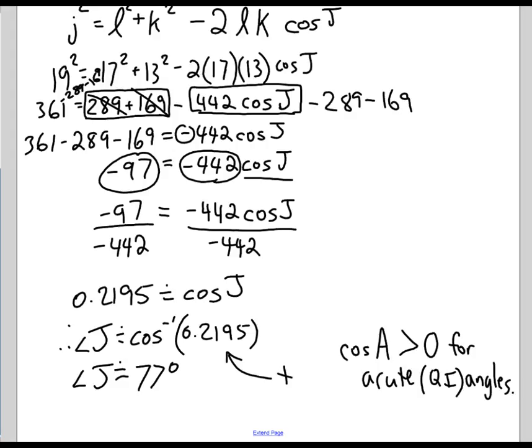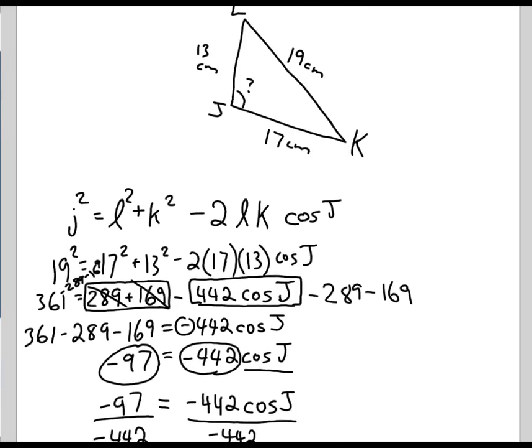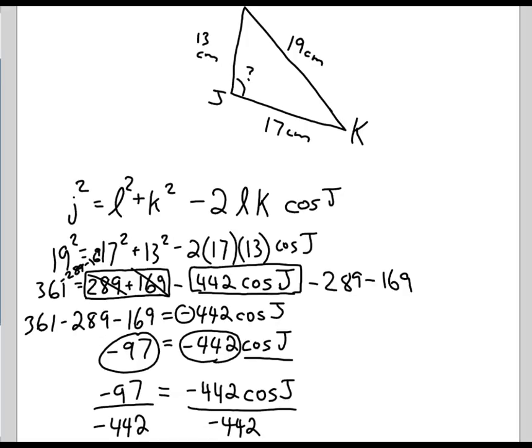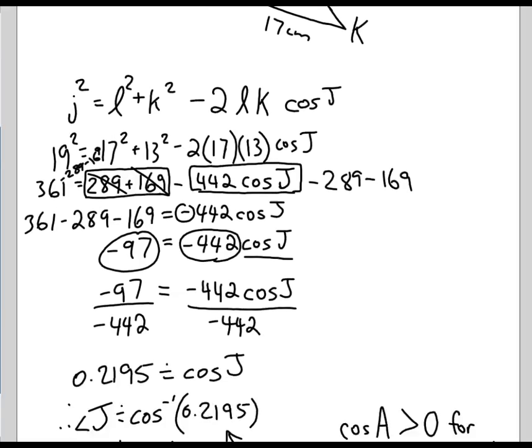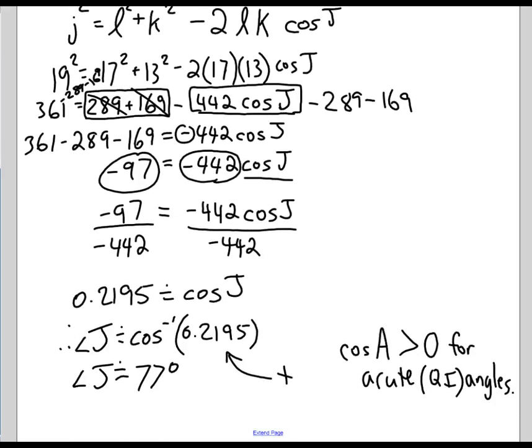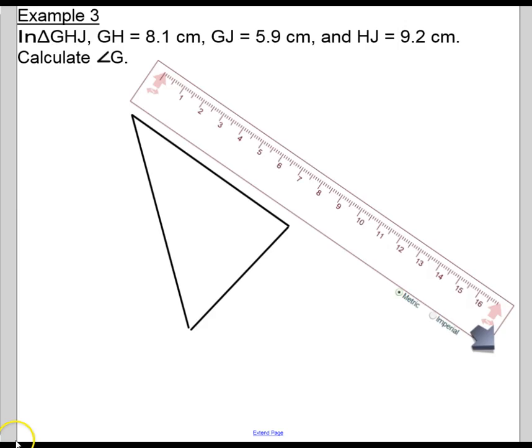So that helps to support these calculations because, although our diagram didn't match the 77-degree angle, it looked more like about 97 degrees, we can know that the math is consistent. It might suggest trying to make our diagrams a little bit closer to scale so that the visual matches up with the final number. All right, in the next example,